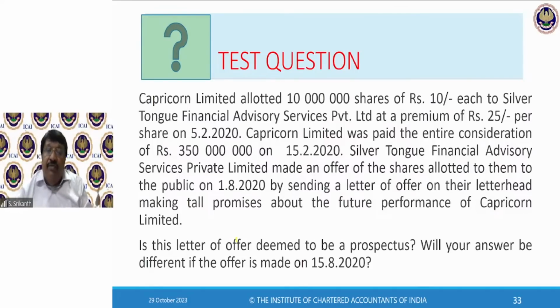In fact, they can also file a suit against these people because they have relied on a document which is not clear. So if there is any false statement, they can file a suit against everybody: the allottee, the company, everybody. But the allotment is valid and the subsequent sale by the allottee to the public is valid. Otherwise, the idea here is to protect the investors, not to protect the allottee or the company.